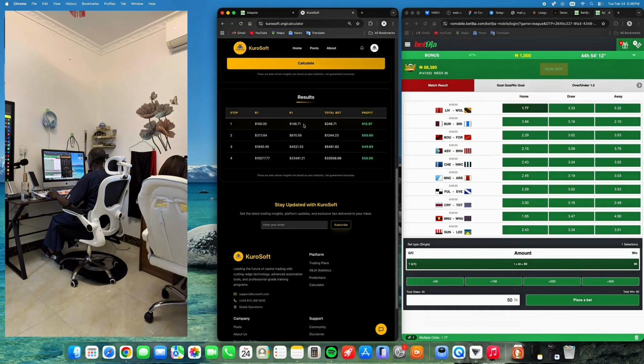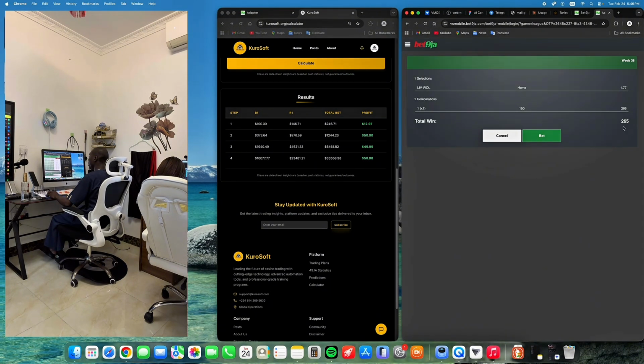This one is arbitrary. Arbitrary is also good, but this particular strategy I have nothing to do with arbitrary. So I'm going to manually trade it. So for instance, now you trade it with 150. You start at 150. You have to make sure that the amount you are trading with, the draw will not go below 15 naira, because the minimum bet amount you can use in this game is 15 naira. Okay, so we use 150 here.